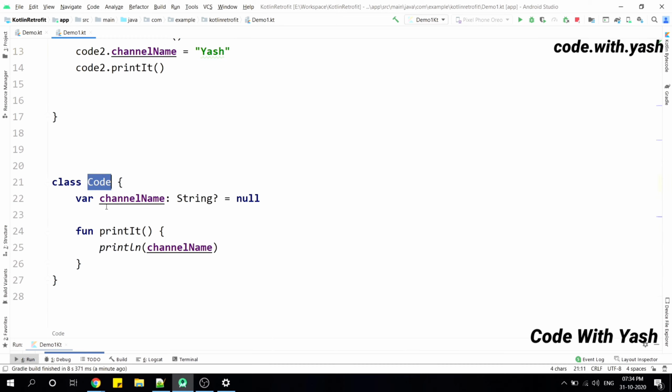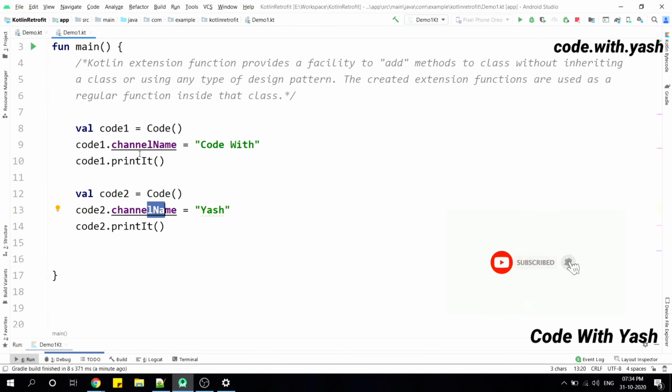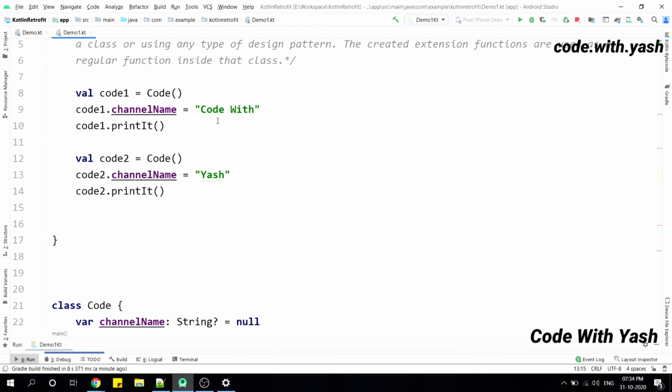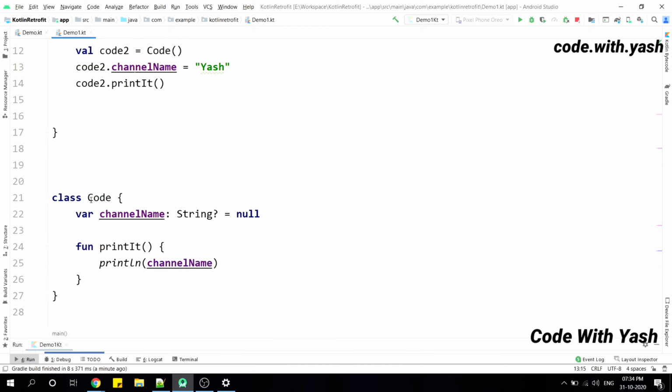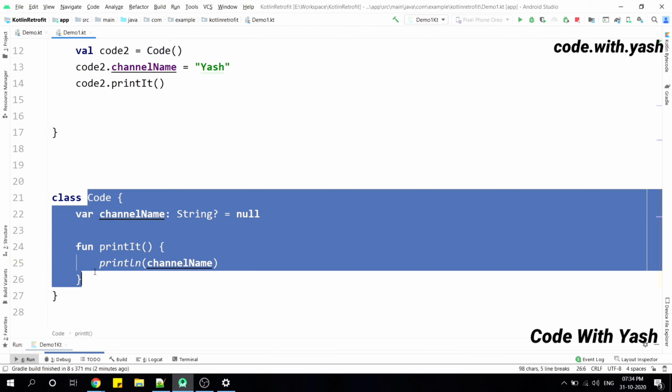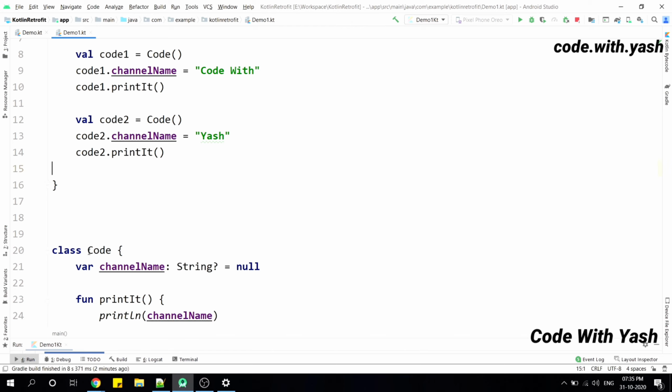Also let's suppose that this Code class is a read-only class, that we cannot edit. In this case, what will we do, because we can't edit this Code class and we also want the add feature to add these two strings of the Code class. In this type of scenario, extension functions are very useful, because we can simply use this class name and add any method into it, like addition, multiplication, or any other type of method. We can simply add any external method to inbuilt classes. That is why it is known as an extension function, because we are adding an external method to the class. Let's check out how to create one extension function.